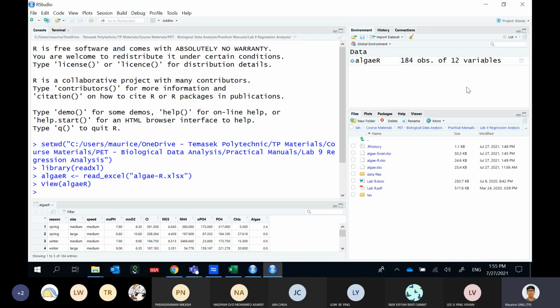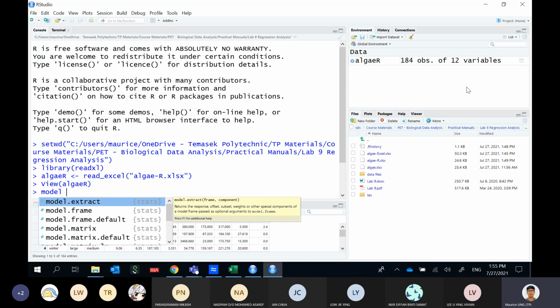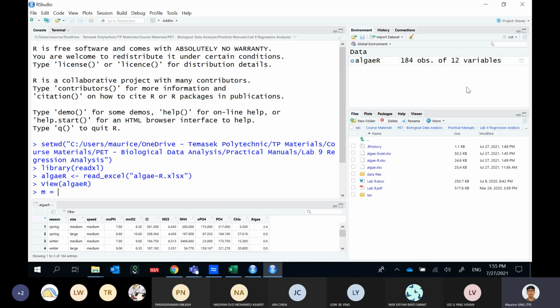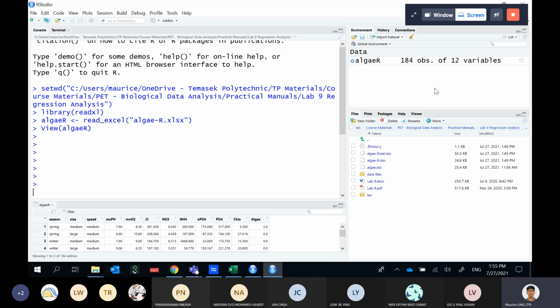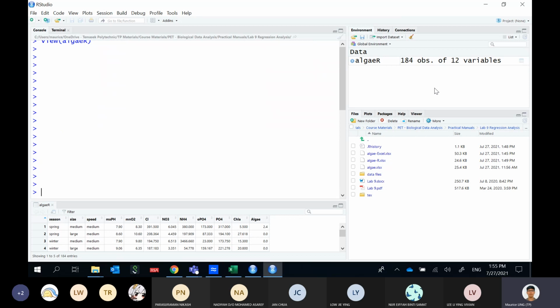Okay, so how do you do your linear regression in R? Let's say I have a model, or just M. M equals to, so this is easier for you to see. For my model, I want to use linear regression, so the command is LM. I type in the regression model. So it's algae,